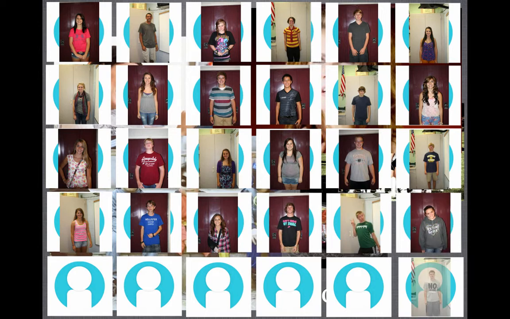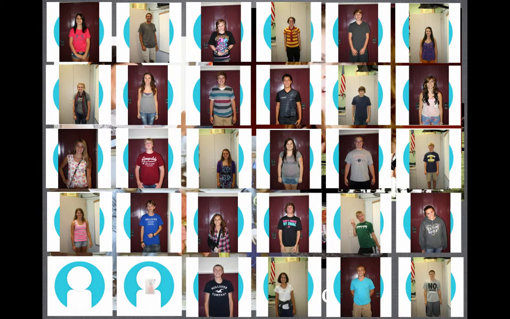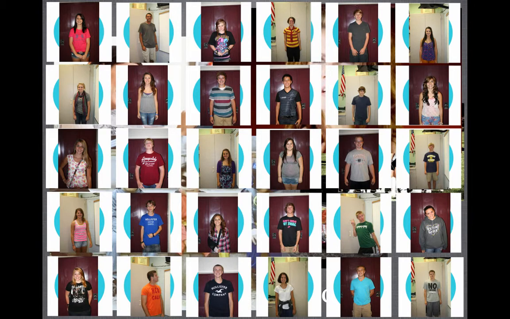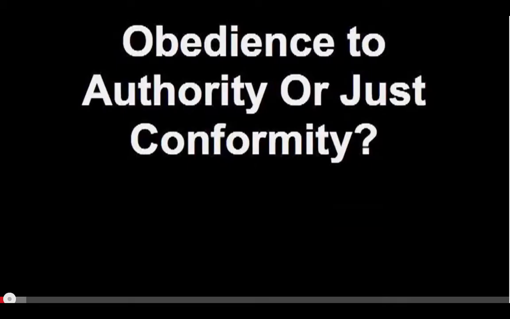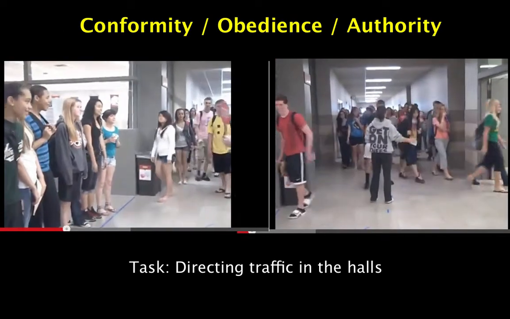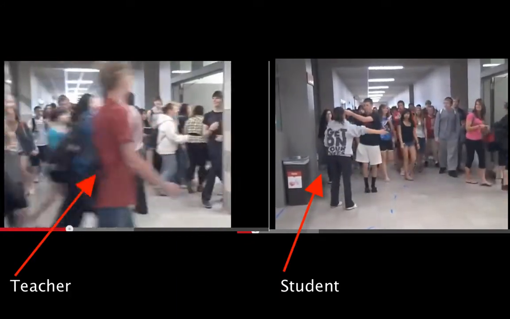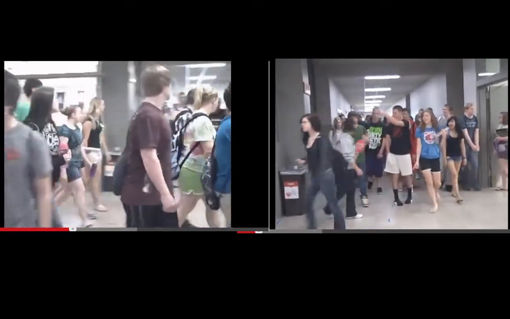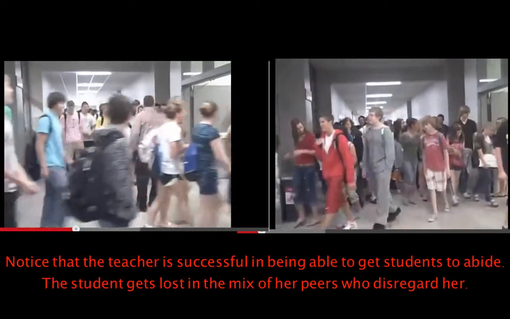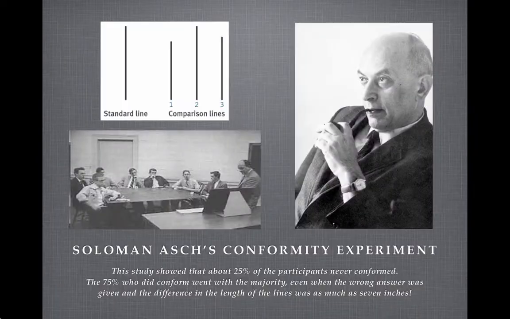Conformity is sometimes eliminated when one person diverges from the group. Unanimous beliefs are the most influential, but a minority influence can impact a larger group if persuasive. How does the fact that you're one of the newest members of the team impact your decision? If you weren't the team captain, would you be more likely to tell your teammates that their actions weren't cool? Conformity is more likely when the message is coming from higher status individuals. On the flip side, people with low self-esteem are more likely to conform than those with high self-esteem.